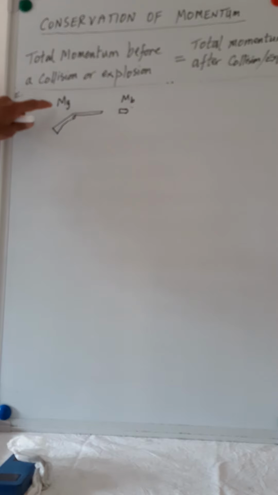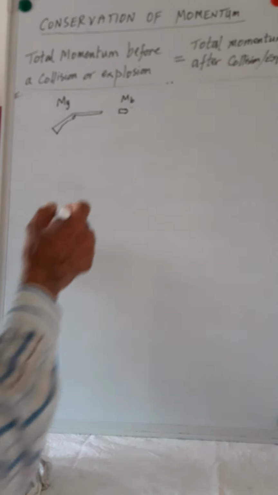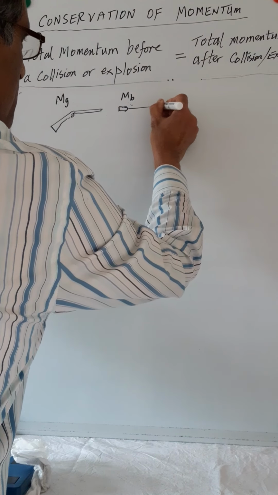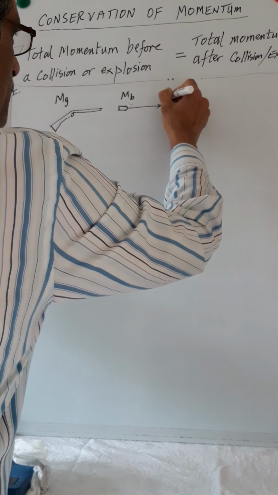So the momentum of the gun, now what happens is, if this comes out with a velocity v of the bullet,